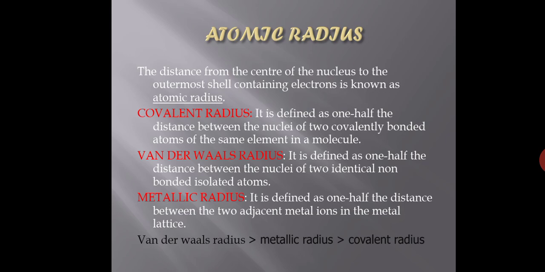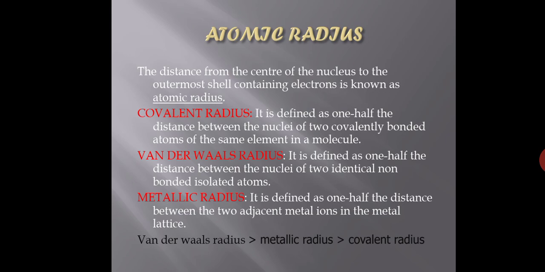Same thing for all the atoms in this way. So 154 is smaller than 186. So hence the covalent radius is slightly smaller than that of the metallic radius. So hence you can see here, Van der Waals radius is the biggest. Then you will get the metallic radius. Then you will get the covalent radius. I hope you got it.